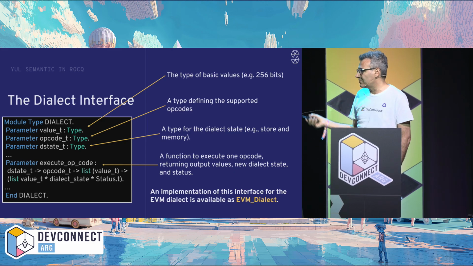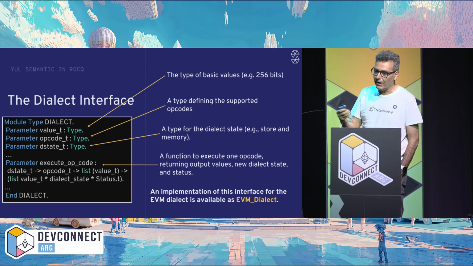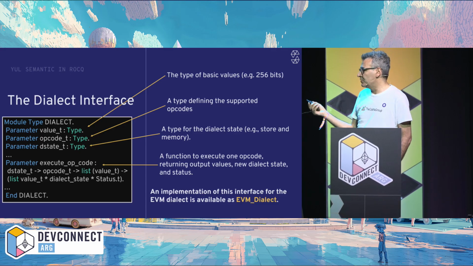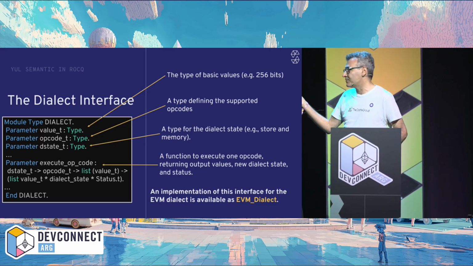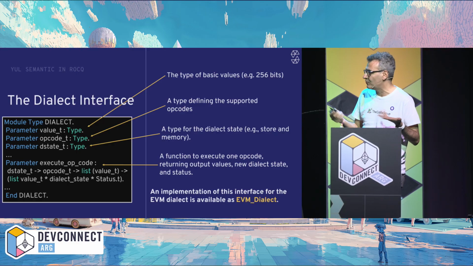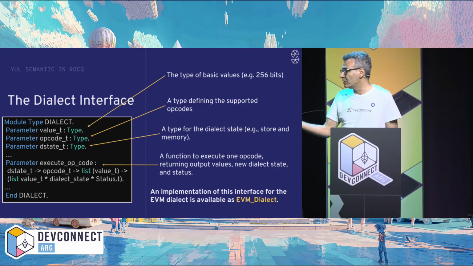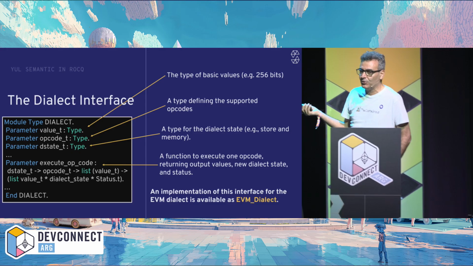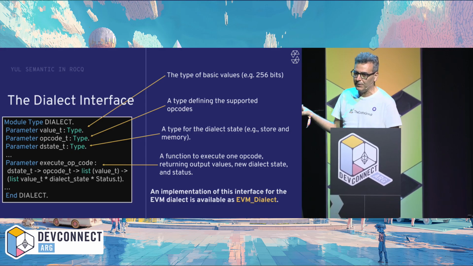You have to provide a type for the opcodes that are supported, like add, sub, and so on. And you have to provide a type for the state, which in the EVM would be a combination of memory and the store. And you have to provide a function, execute, or define a corresponding relation, which says how you execute opcodes